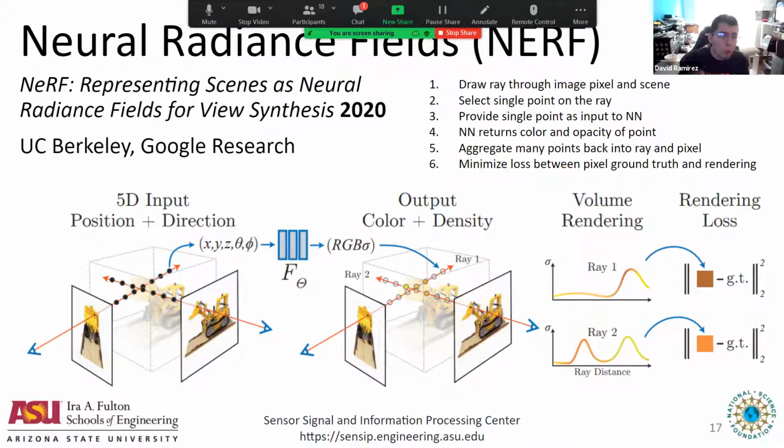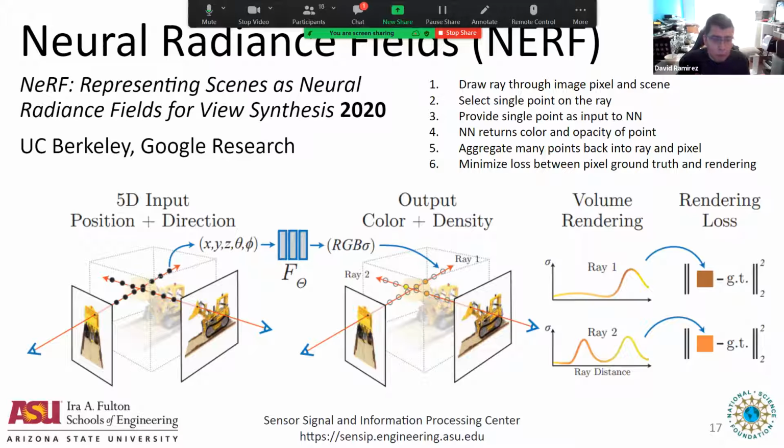Then for each one of those sample points, you pass them one at a time into the neural network, which is represented here by this fully connected network. It's a really simple neural network. You almost can't mess it up. Next, all this thing is meant to do is, for a particular point in space, which you give it one point at a time, and the view that you're coming at from, the two-dimensional angle, I guess that would be pitch and yaw,